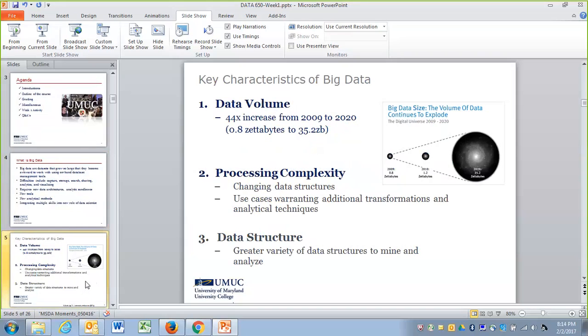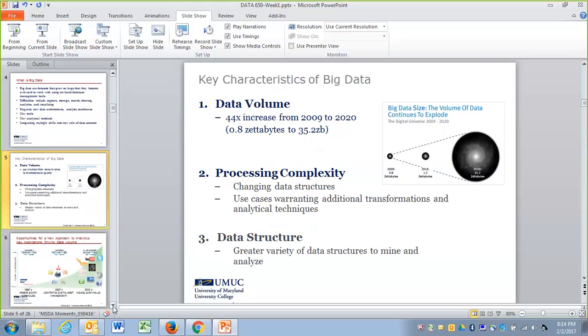So the processing complexity, as I mentioned, has to do with the appearance of different databases which are capable of managing, for instance, key-value and document databases and flat data files. Now going on with another characteristic of big data, which is veracity and complexity.